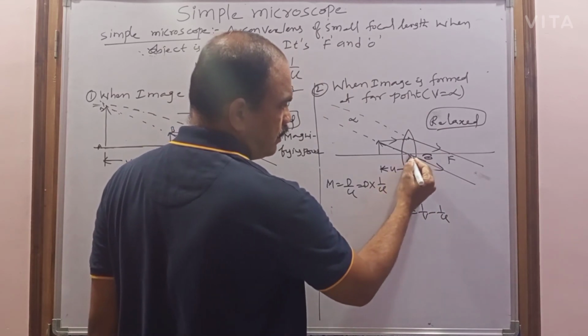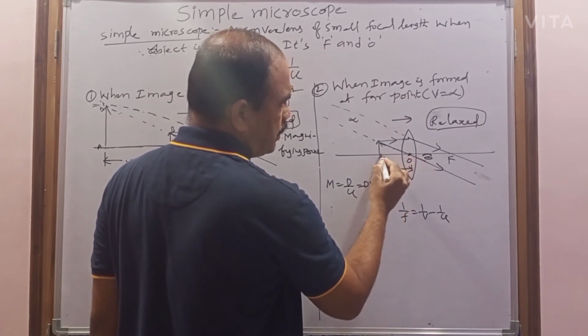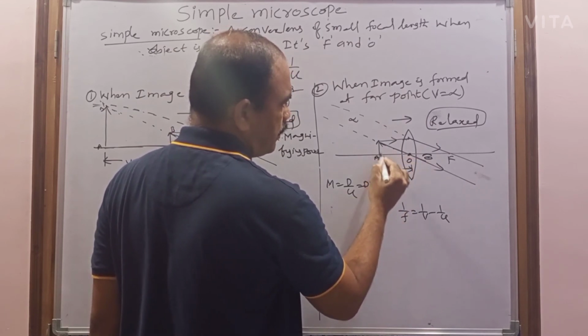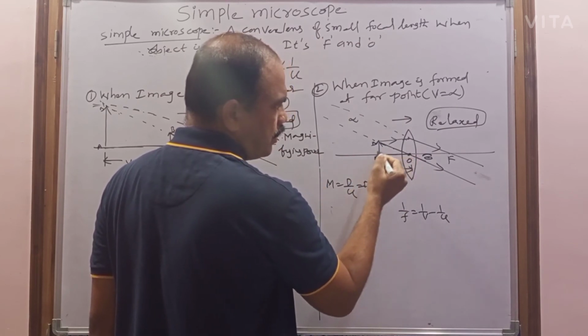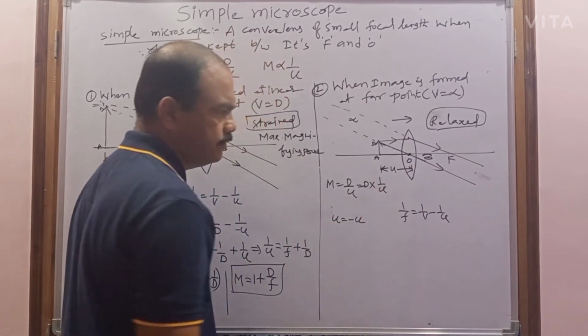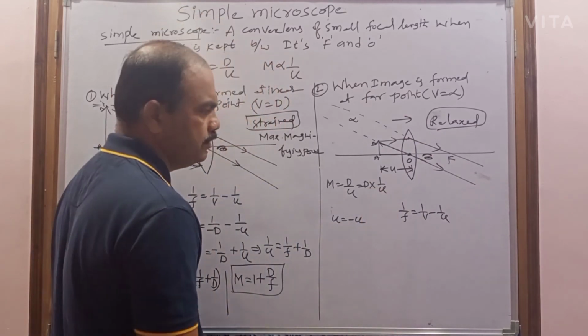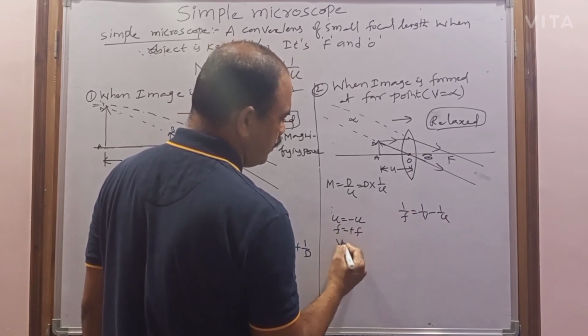In this case, this is the incident ray direction, and the distance from the optic center to this object AB. To measure the object distance, in which direction are you moving? Opposite to the incident ray. So that's why u is equal to minus u. And f is nothing but plus f. And here v is nothing but